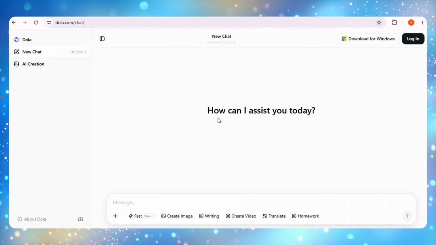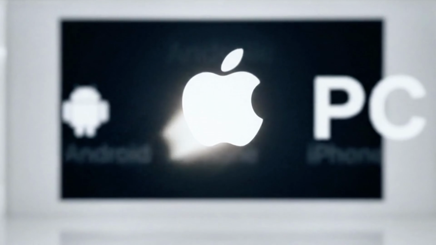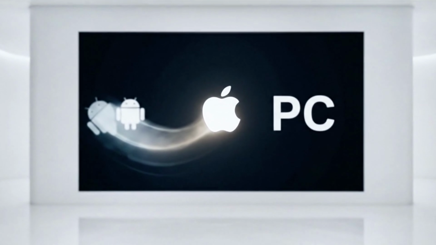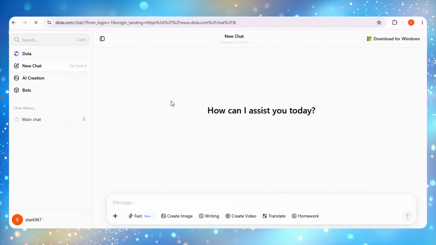Once you're on the home page, you'll notice the interface looks clean and simple. But don't let that fool you. Behind this minimal design is a powerful AI tool that gives you access to some of the latest AI models completely free. The best part is that it's available on Android, iPhone, and PC, so you can follow this tutorial on whichever device you're using. Now, simply sign in using your preferred login method. It only takes a few seconds, and once you're logged in, we'll jump straight to the exciting part, creating our